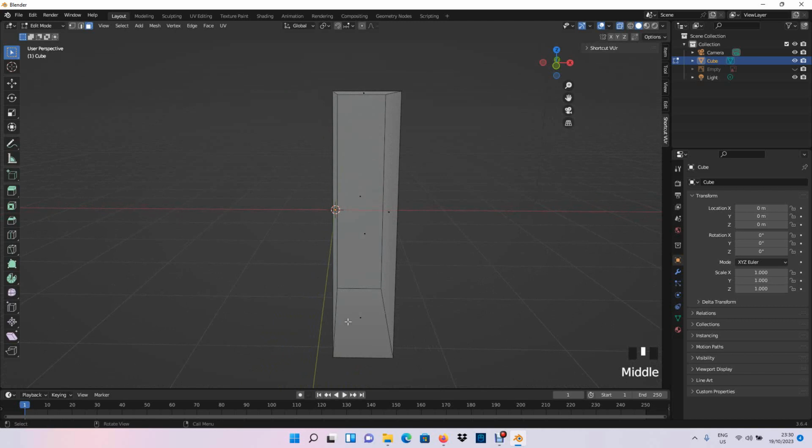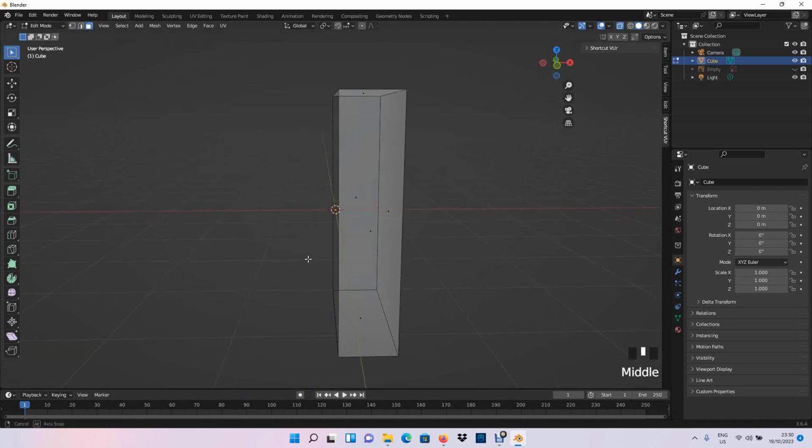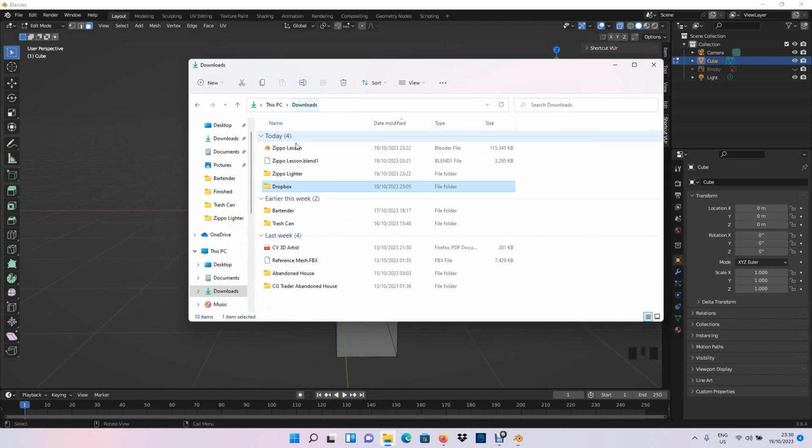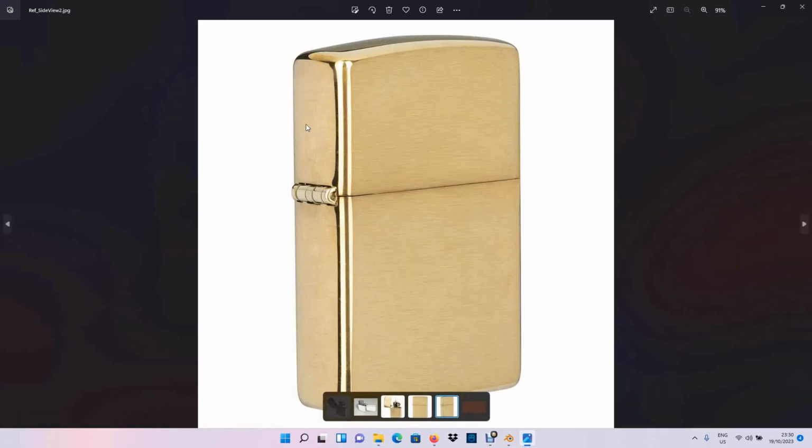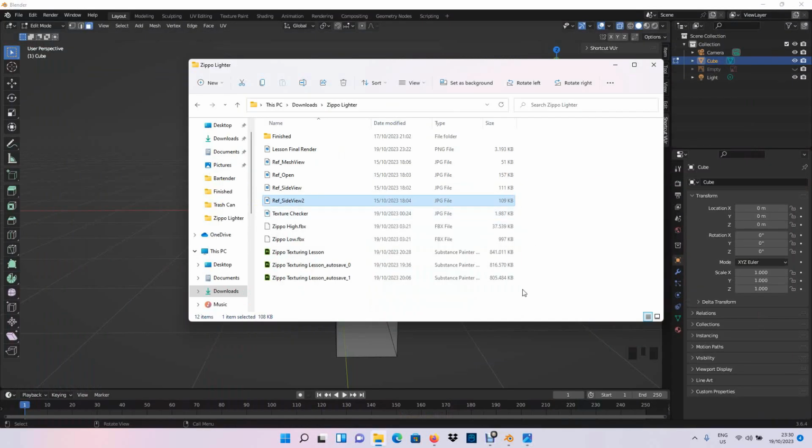So I think if we just look at another reference, let's look at another reference here. We go to our Zippo lighter here, and we use this reference side view 2, and you can see approximately the x-axis here, like how thick that Zippo lighter is. So let's do